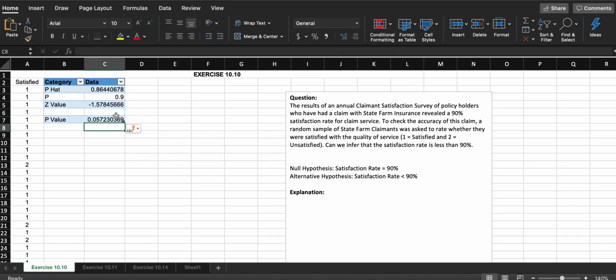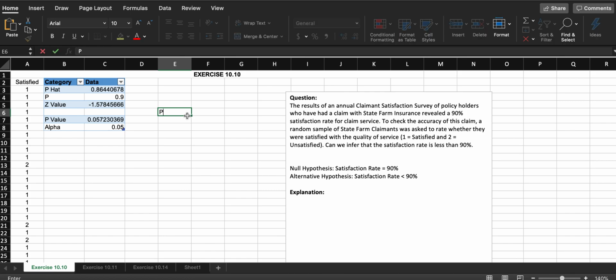You're going to hit enter and you should get a value of 0.057. Now when you get this value, you're always going to compare it to alpha. In class or in lab I mentioned if alpha is not given to you, you're going to assume it's 0.05. And now we're going to compare these two numbers, 0.057, or if you want to round up, 0.06, to 0.05. Now the rule of thumb,